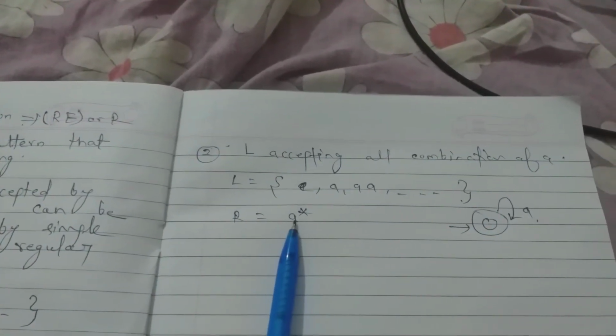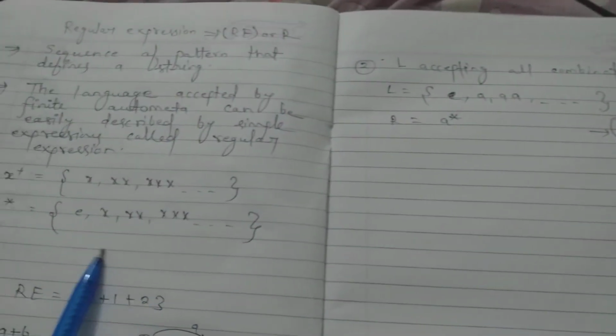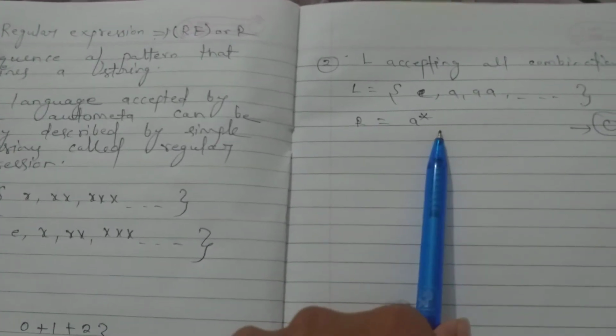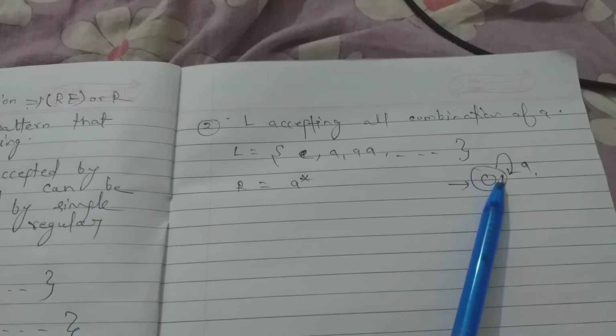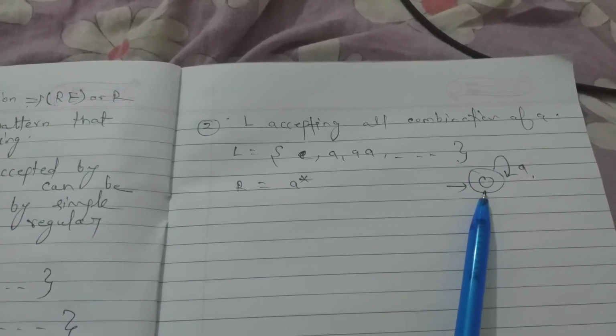We can represent it as A raised to star, that is Kleene closure, because we have seen in its formula that it contains the null value also, in comparison to positive closure. So R is equal to A star is its regular expression, and we can make its pictorial representation, that is NFA. We have the same initial and final state because we also have to accept null. If it does not have any value as input, it is also a final state. So our NFA is this for this question.